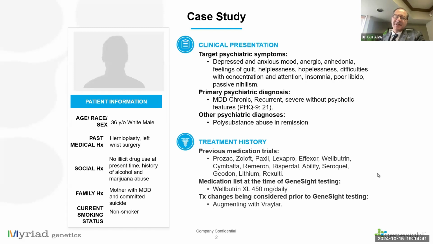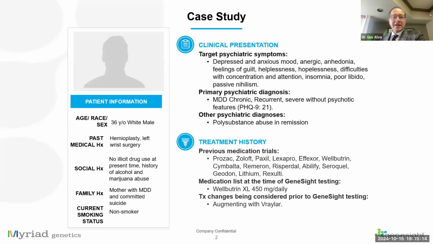In the past, he had been seen, and as oftentimes happens, he had been treated with a laundry list of different SSRIs, including our oldest out there, Prozac and Zoloft and Paxil and Lexapro. He'd been treated with SNRIs, including Effexor and Cymbalta. He'd been treated with a norepinephrine dopamine reuptake inhibitor, Wellbutrin, serotonergic acting agent, mirtazapine, atypicals, including risperidone, aripiprazole, quetiapine,